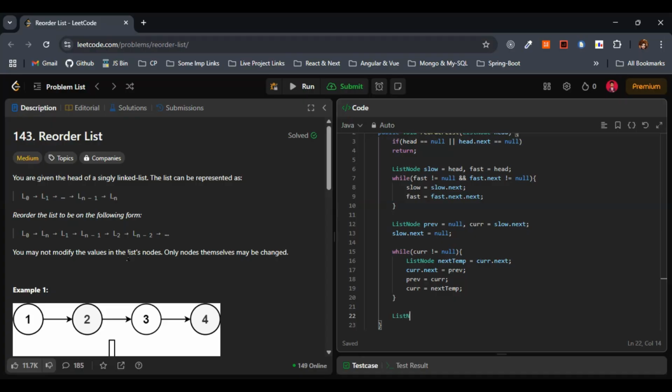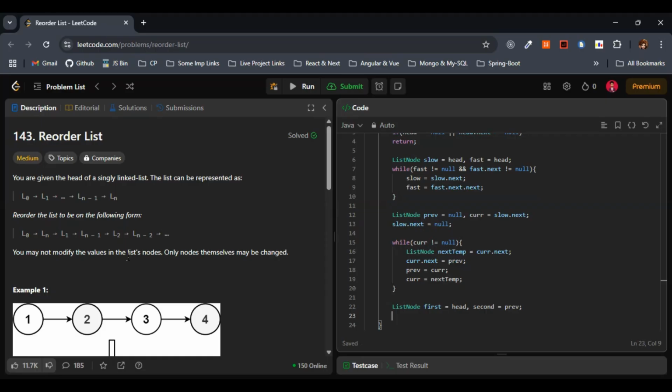So I'll just give here ListNode first. This one I'll initialize to head, and second, I'll assign this one to previous here. This is fine. In this case, let me quickly make use of the while loop. While second here not equal to null,